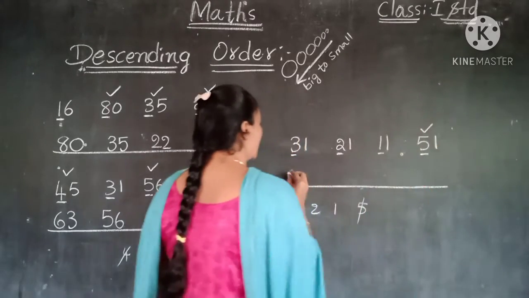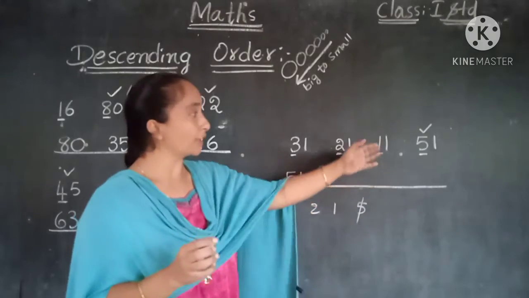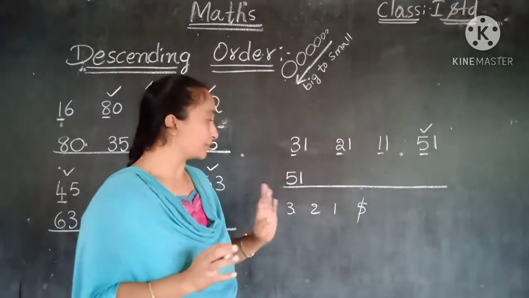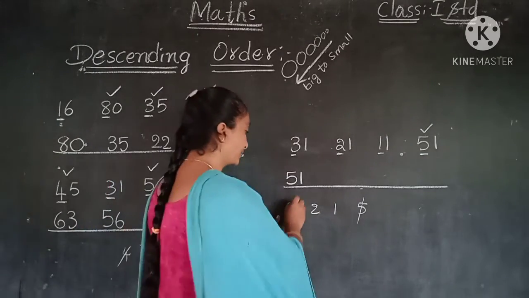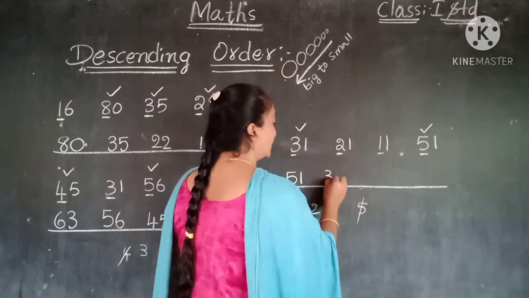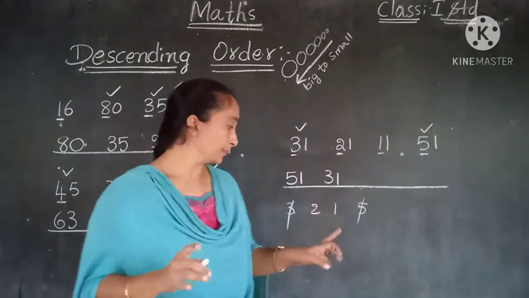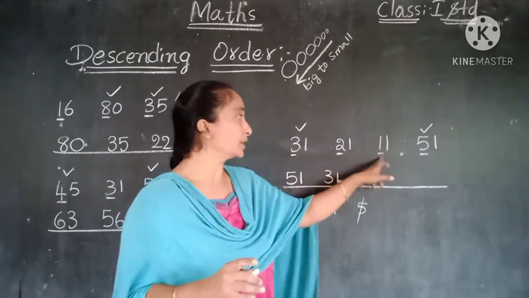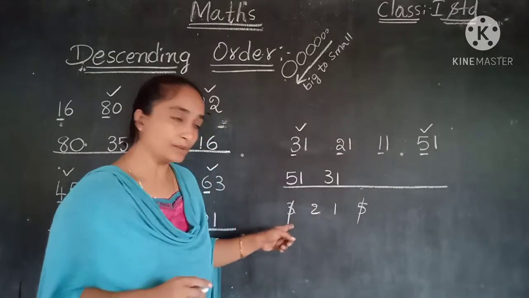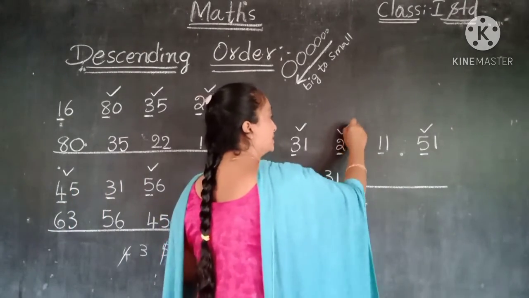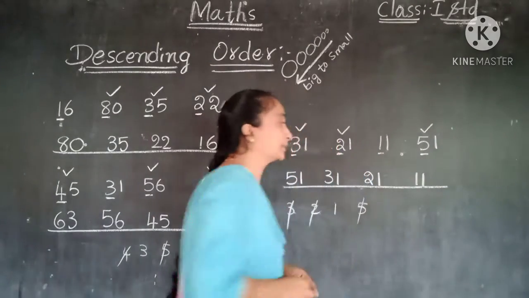So you can use a small tick mark to find out easily. We should separate that one. 51 is completed. Now 3, 2, 1. The big number is 3. 3, 1, 31. That means these two we don't need to consider. Completed. Now this 2 only remaining. That means the 21 and 11. So again, which is the big one? 21 or 11? 21 is the big one. So that means this is the big number. And the last one remaining, that is here we can write, children, 11.